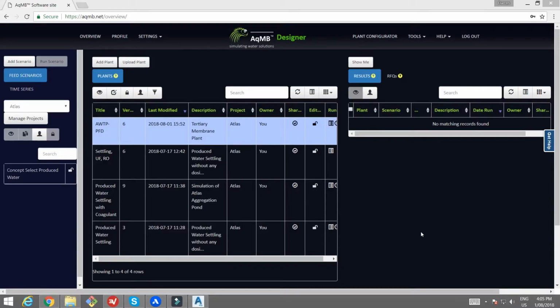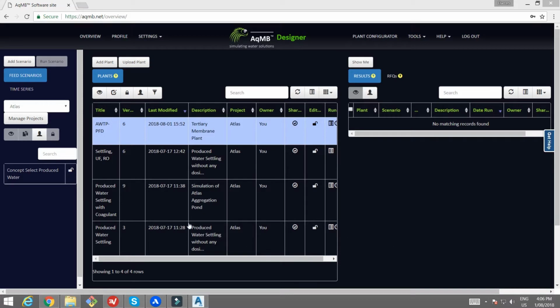I'm here to talk to you about a new product we've called AqSync, which is a plugin we've developed to transfer process design data from AqMB Designer to Plant3D. Coincidentally, Plant3D now also includes Autodesk P&ID and Plant3D as one product. And there is another plugin that Autodesk have developed called P&ID Modeler for Revit, which would allow you to go essentially from a BFD to a PFD to a P&ID and then onto a 3D model and then back potentially